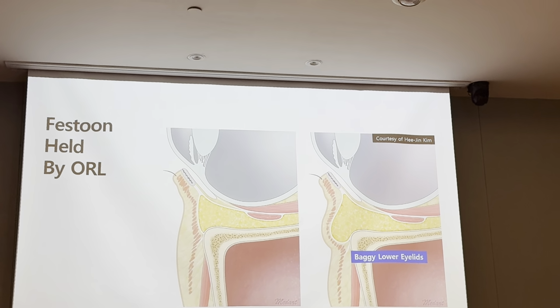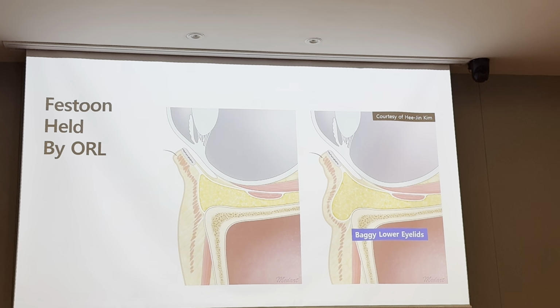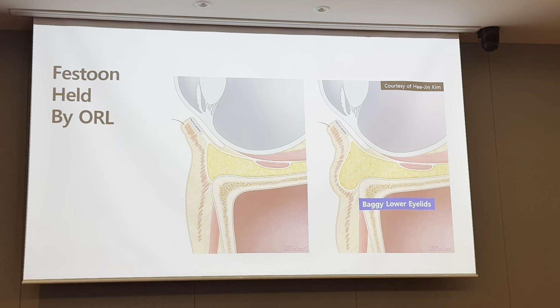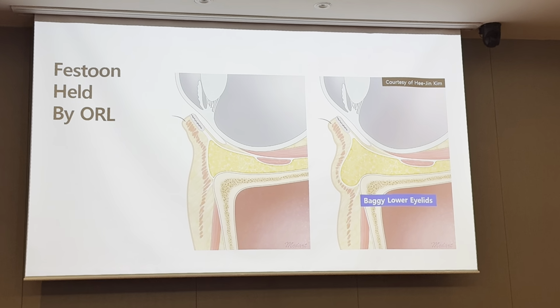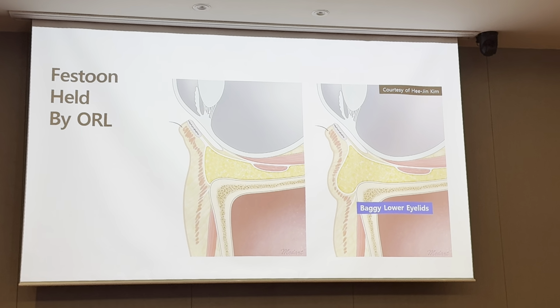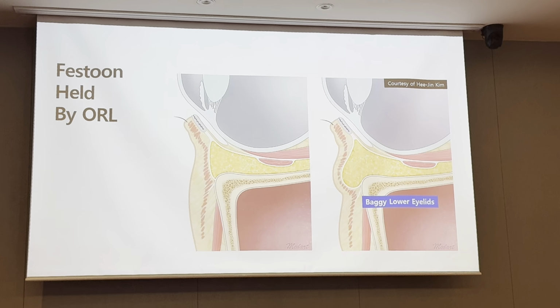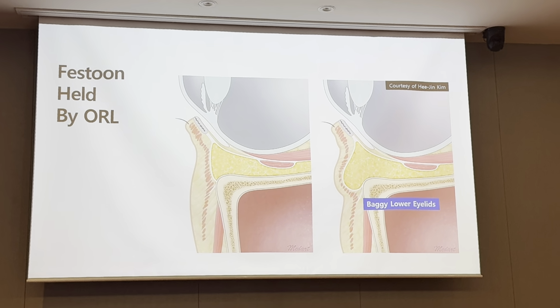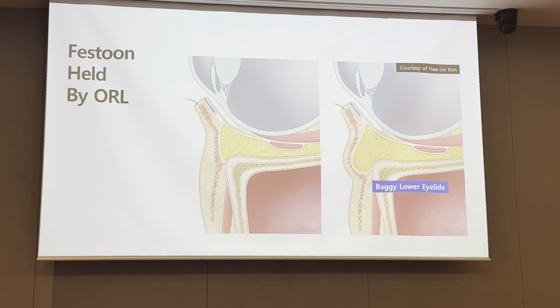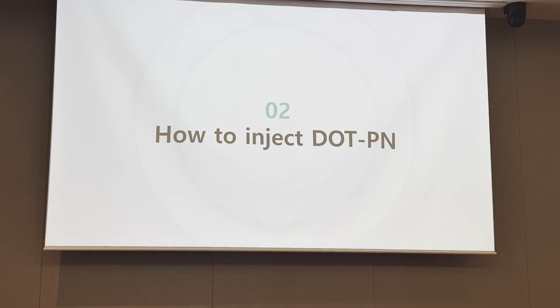So tightening, like with polynucleotide, seems to strengthen the ligament tissue. Another way to correct this sagging is to strengthen particular facial ligament regions with polynucleotides,